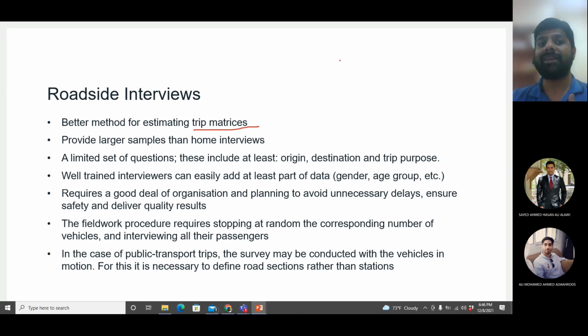See, well-trained interviewers can add to data collection. People who are trained enough will fill out some of the details themselves by looking at the respondent. The most obvious thing is gender, right? You don't need any training for that. You can know the gender, so in your questionnaire you are marking the gender as well. Some are trained enough to know the age group as well.